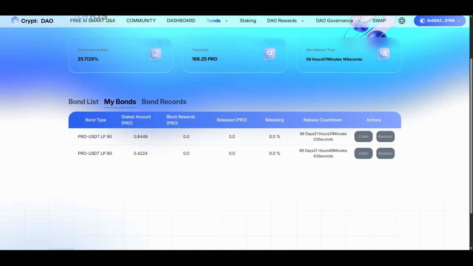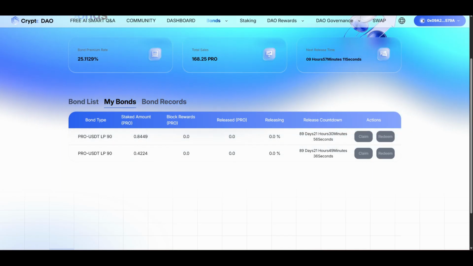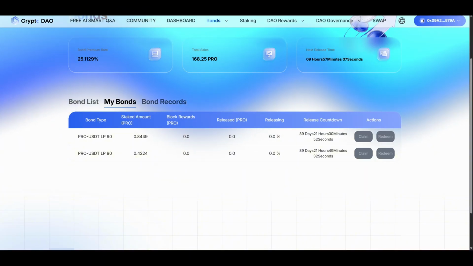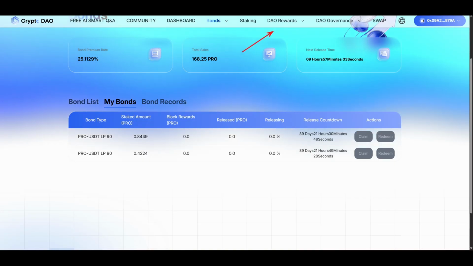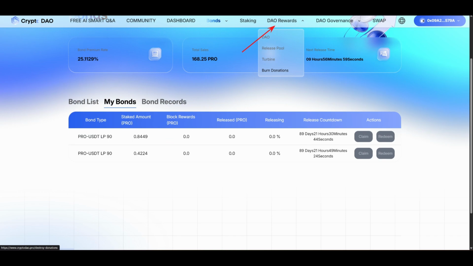Now, let's just say I have gotten my yield already after 12 hours. I want to do a withdrawal. I want to liquidate some of my Pro tokens into cash. This is where we should navigate next. It's called the DAO rewards. If I click on this one here,